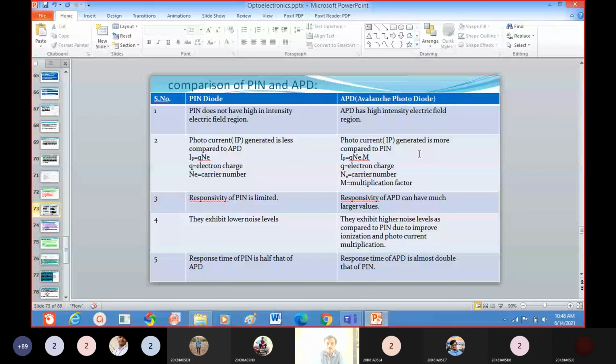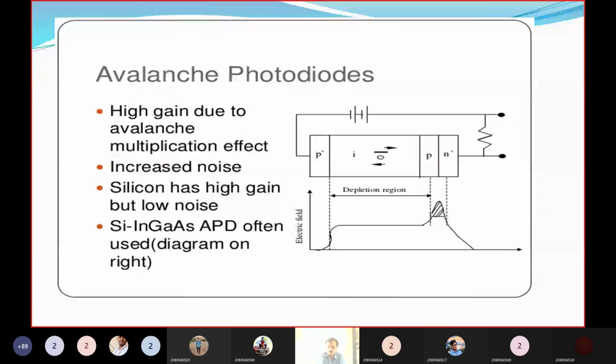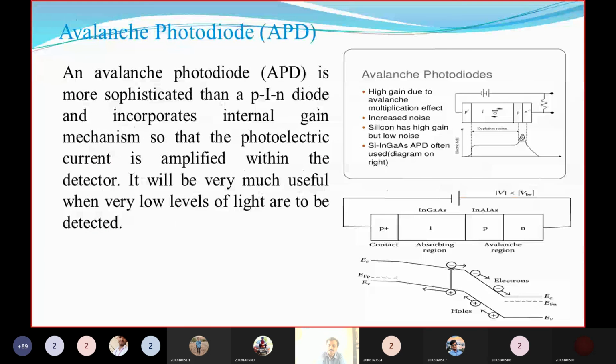Mainly here, one more thing, we have to take another region extra. In case of normal PIN diode, there are three regions: P plus region, I region, and N plus region. We are taking one more region extra. Due to this region, more electric field will be developed. If you apply the reverse bias, breakdown voltage will be developed, and due to that more electric field will be developed in this region. Because of that electric field only, what happened? That is the internal electric